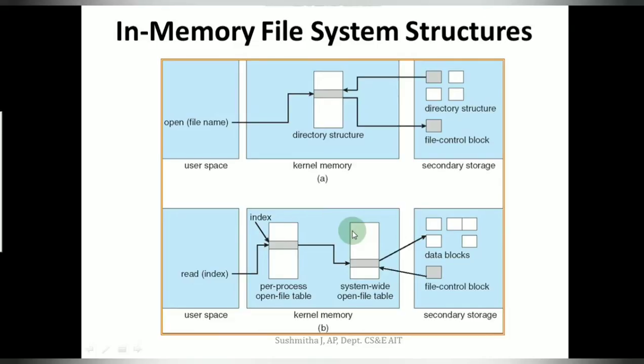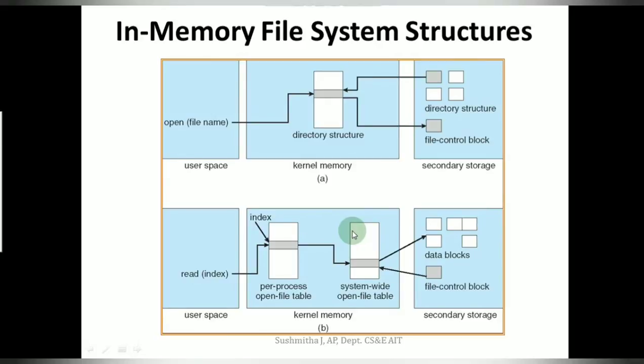If it is, then a per process open file table entry is created pointing to the existing system-wide open file table. So if that is not the case,